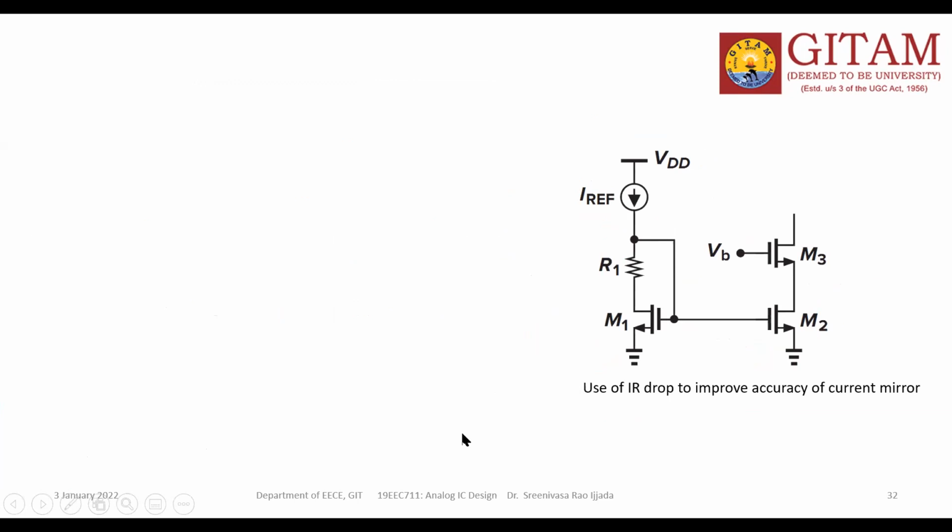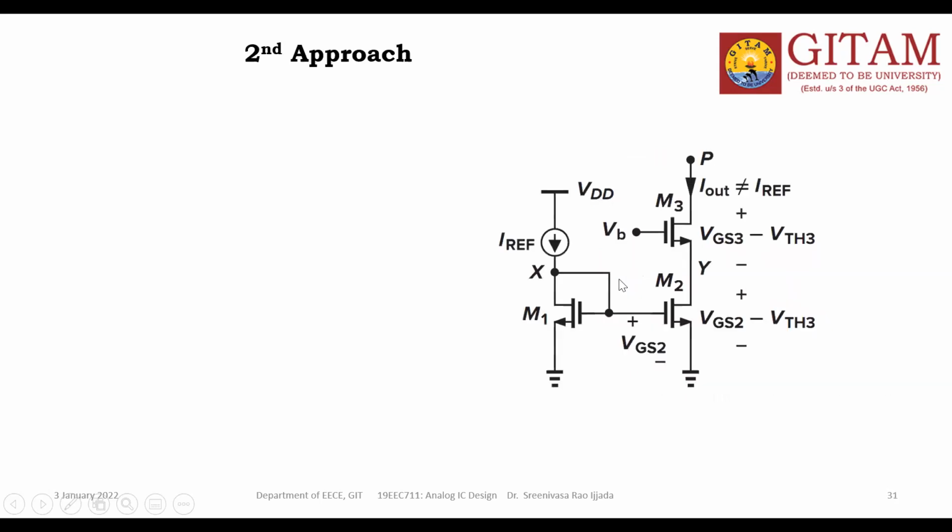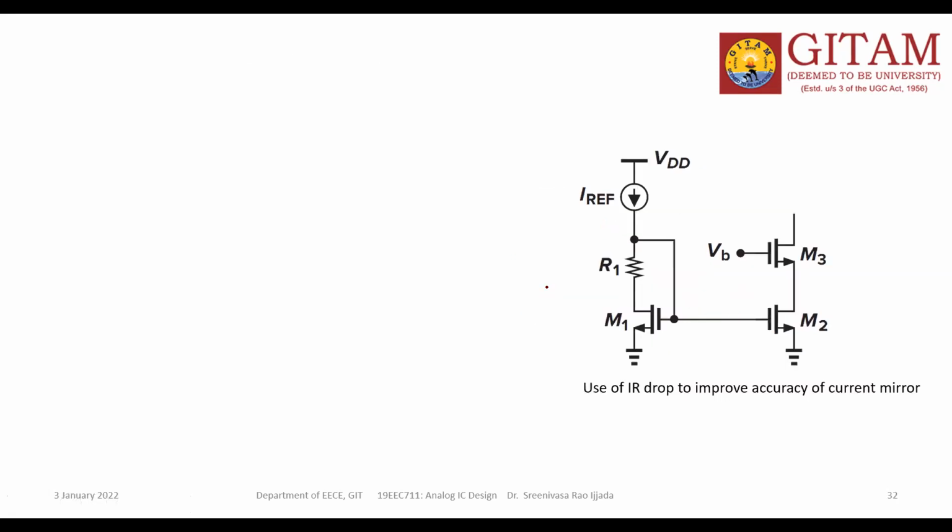See, I modified the basic version of the circuit, that is M1. One resistor is added in the drain branch. See the difference between here and the previous one. Here there is no resistor, but here I added a resistor, R1. What advantage do we get from this addition of R1? It is impossible to get VDS1 less than VDH1. Now, by adding this R1, it may be improved. The remaining things are the same.